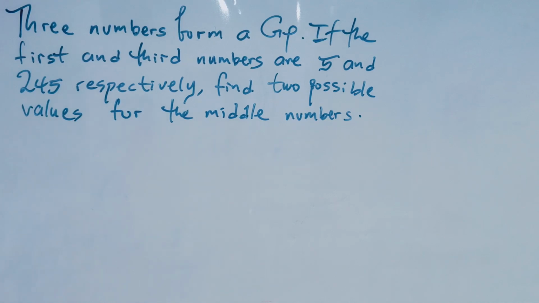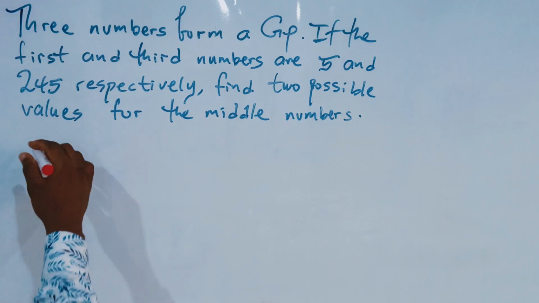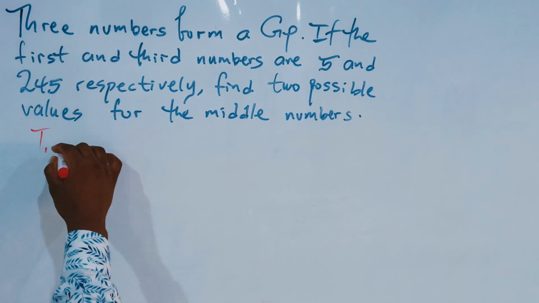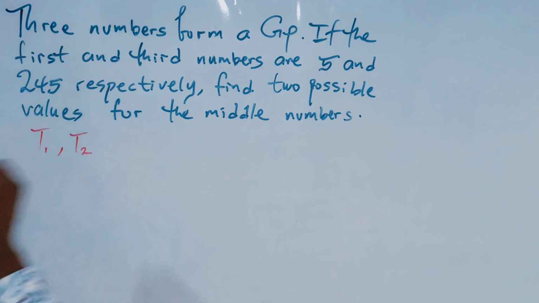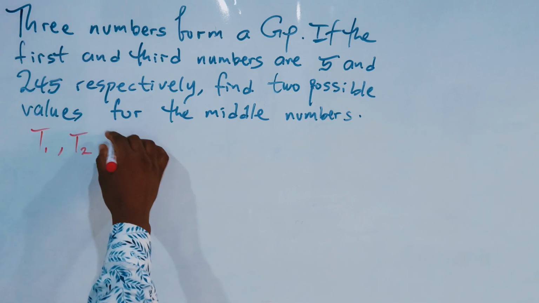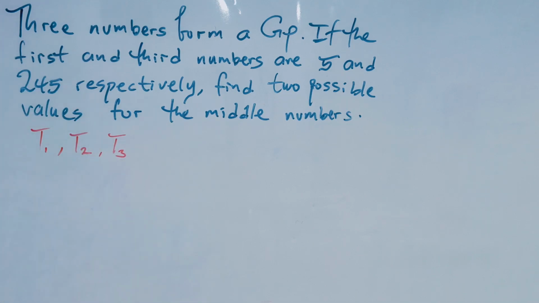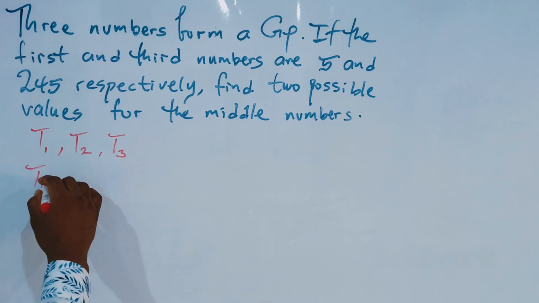Three numbers form a GP. If the first and third numbers are 5 and 245 respectively. Alright, so we have three terms here: the first term, the second term, then the third term. We're given that the first term, and of course the first term is also a, right, because